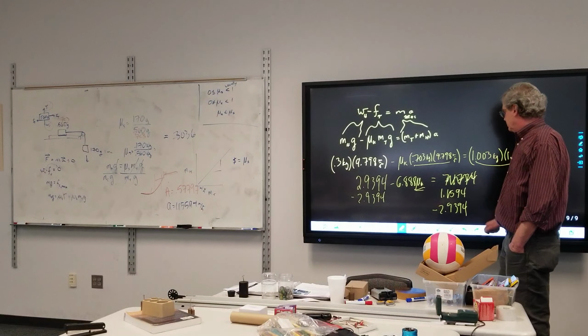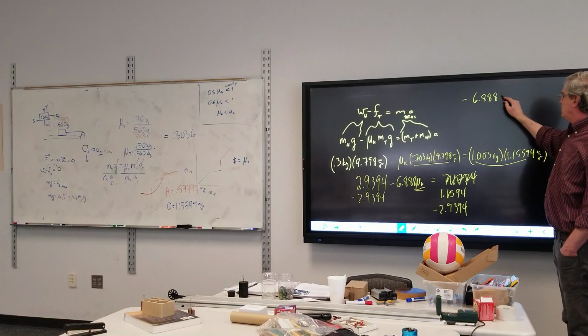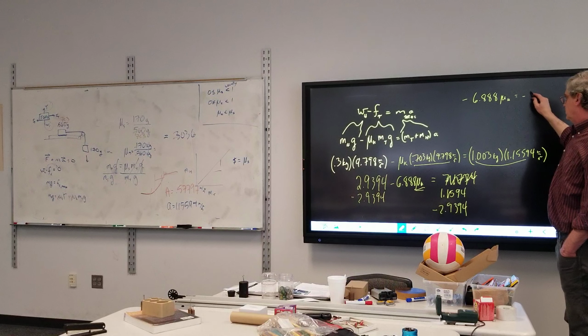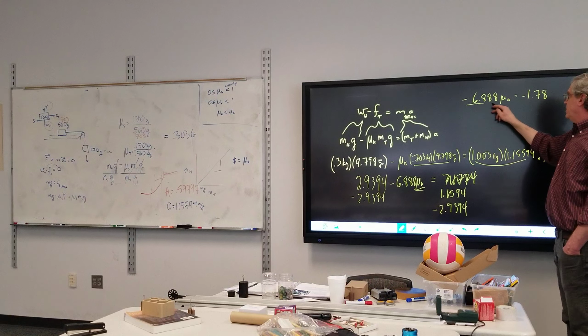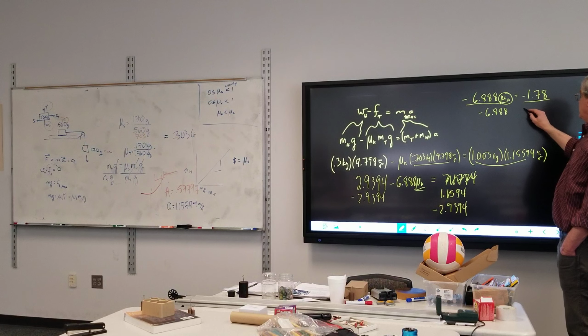And we end up with, on the left-hand side, negative 6.888 mu sub k is equal to negative 1.78. Now we have to get rid of this right here, because again we want mu sub k all by itself, so now we have to undo the multiplication with division. 6.88 divided by negative 6.888. And we end up with mu sub k equal to